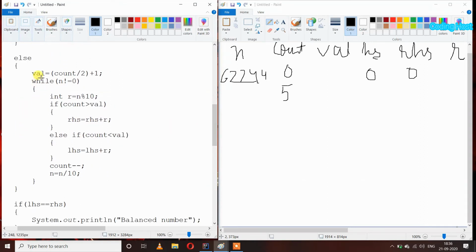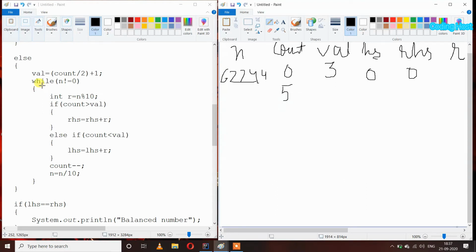Here I have taken val equal to count divided by 2 plus 1. When we divide count by 2 we get 2 in the quotient. So 2 plus 1 is 3, and assigning it back to val, now this val variable has 3 inside it.